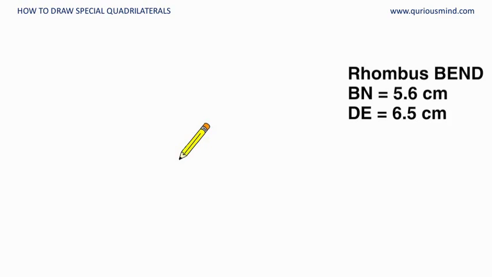Now in this case, when two diagonals of a rhombus are given, we will use the property related to diagonals of a rhombus. It says diagonals of a rhombus are perpendicular bisectors of each other. So they intersect at 90 degrees, and they are bisectors of each other. They make two equal parts of each other. So we are going to use this property of a rhombus and draw the rhombus. Let's first draw a rough figure.